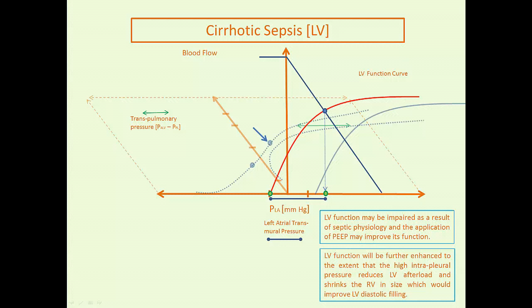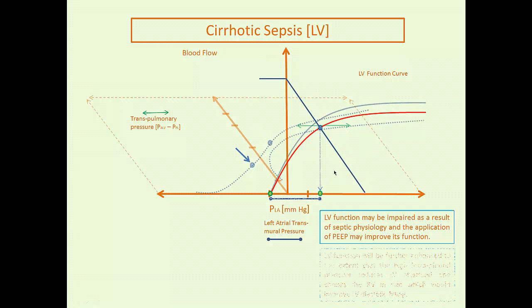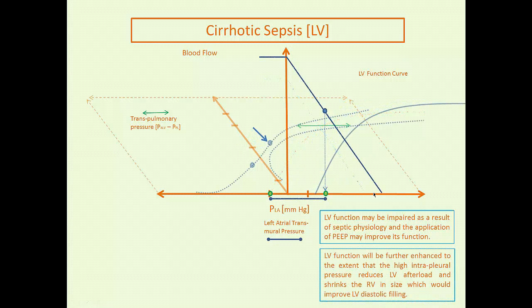So this is a steady state effect as you apply PEEP. And in this situation, I've indicated that the diminished volume of the RV has improved left ventricular compliance via diastolic ventricular interdependence effects. So the left ventricular cardiac function curve is shifted up and to the right. Also, the venous return curve, I've demonstrated, is shifting somewhat to the right because the increase in lung volume tends to decrease the capacitance of the pulmonary vessels and increase the pressure head for pulmonary venous return back to